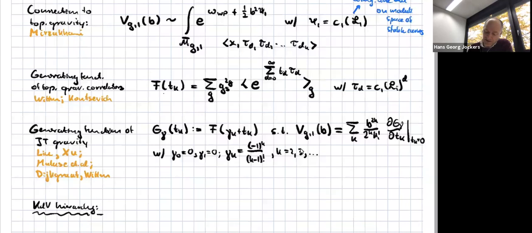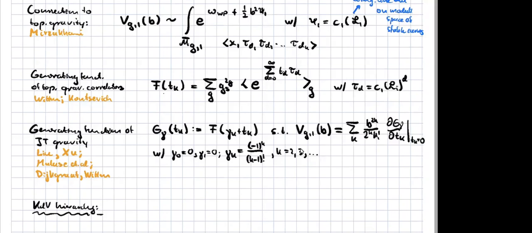Essentially, by inserting this overall class in the correlator, it just amounts to expanding your generating function around a different point in this formal space of parameters tks, and this is where the shift comes from. So this shift essentially describes the insertion of that particular class here. Did that answer your question?